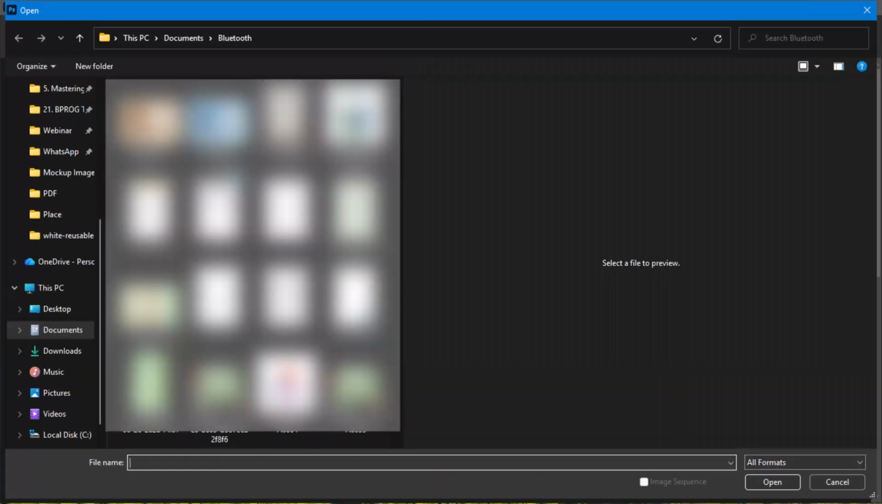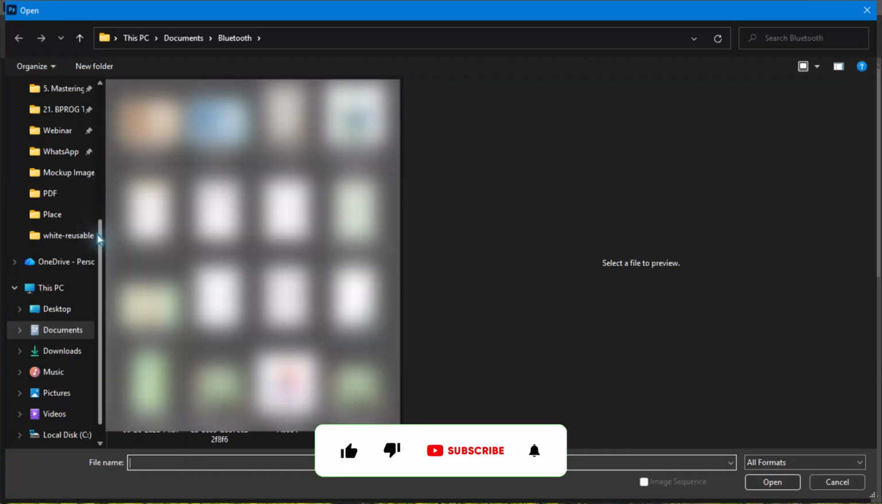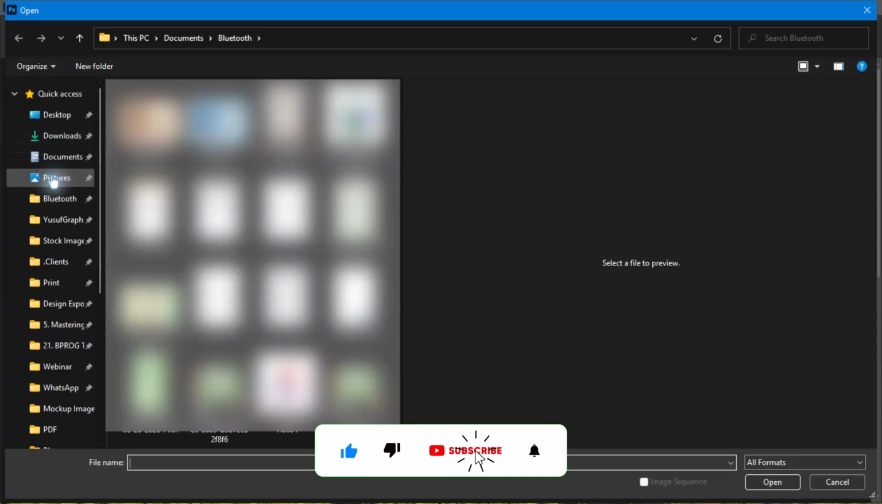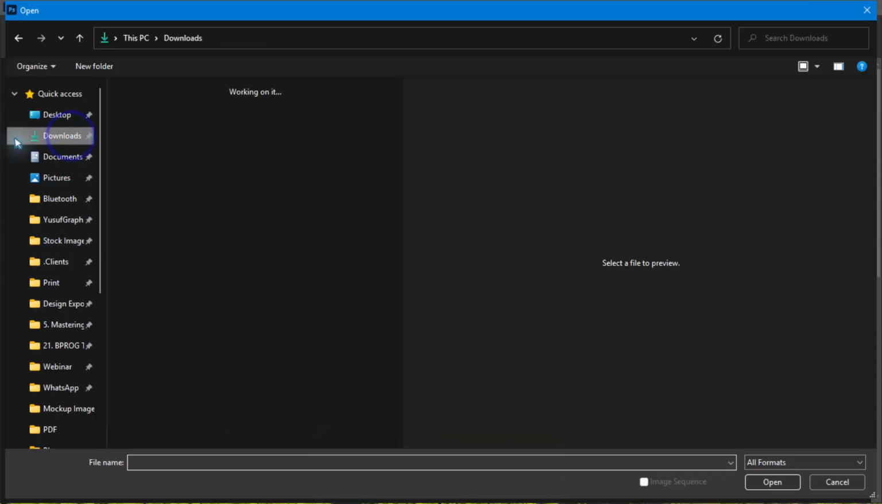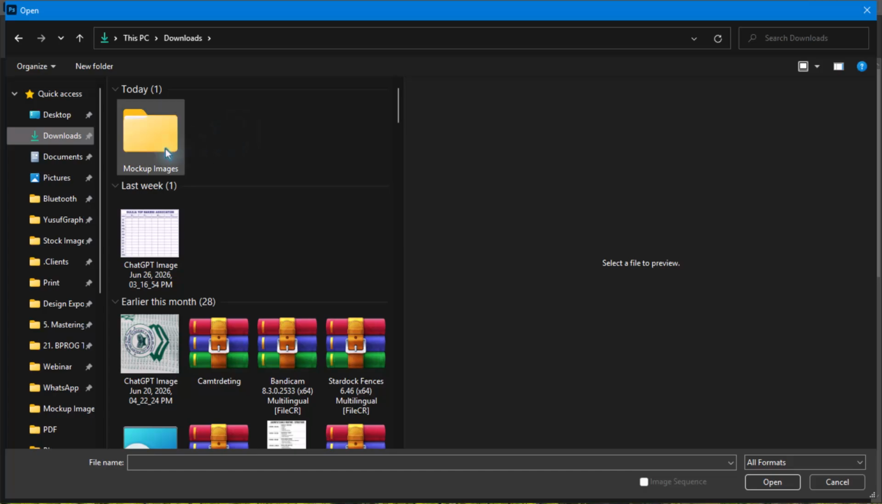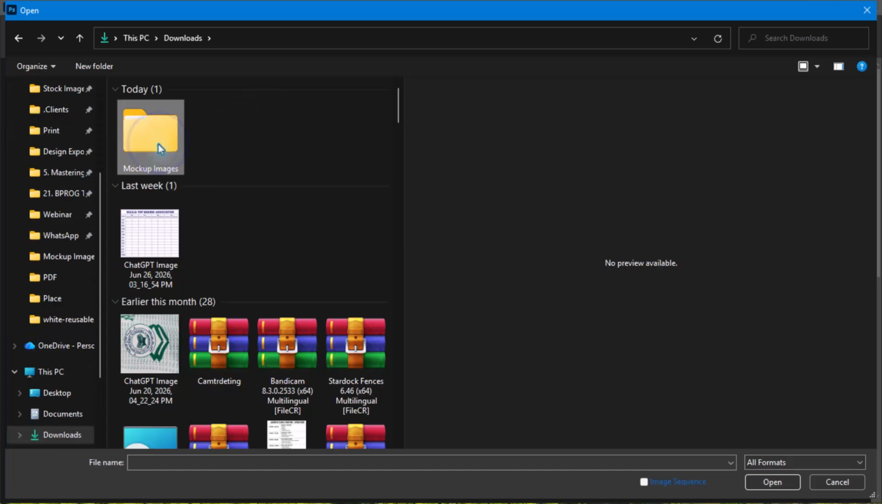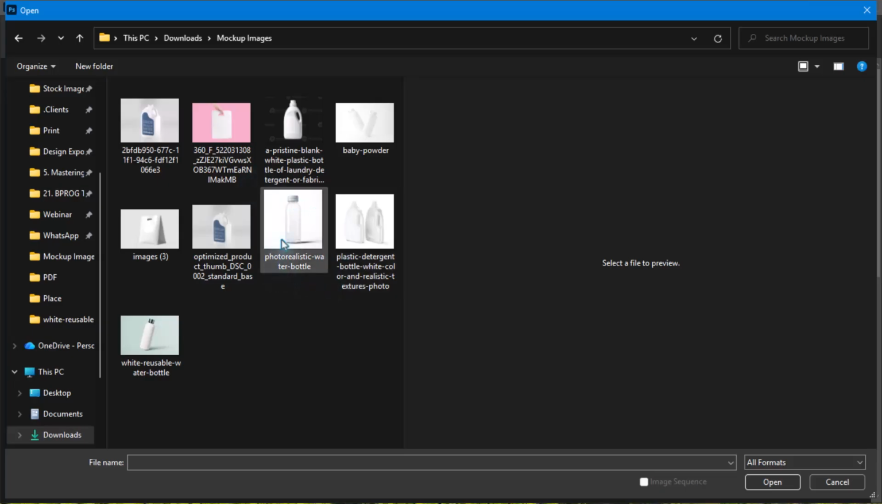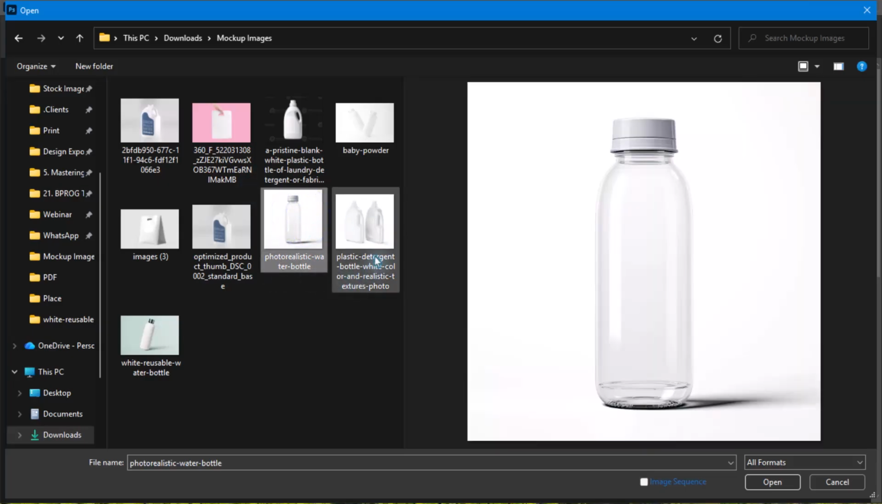We are creating our own, free from copyright. So I downloaded some images. It's inside my download folder. Mockup image. So I'll be using this image. I got the image from Magnific, formerly known as Freepik. So I would open